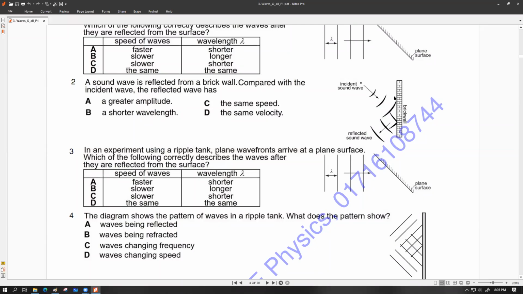So you can say that the new sound wave is going to become less loud. The reflections are going to be heard as less loud compared to the original. So in this case, the correct response is C. The reflected wave has